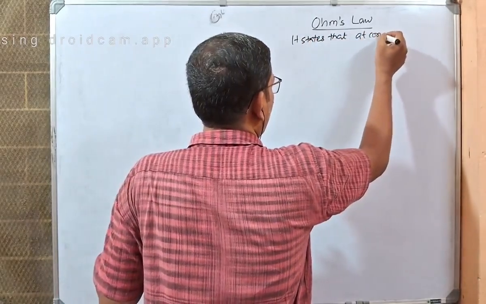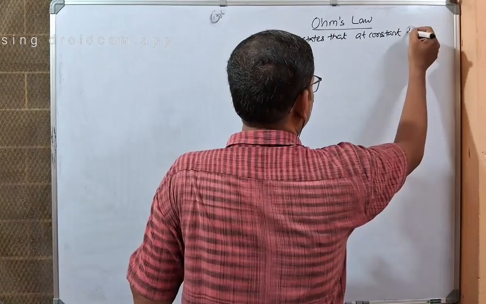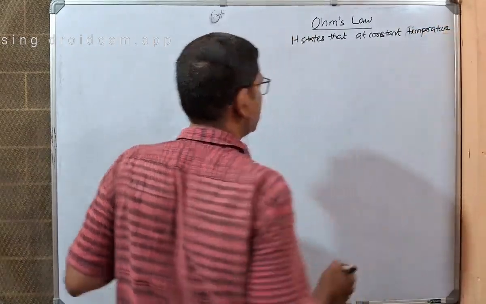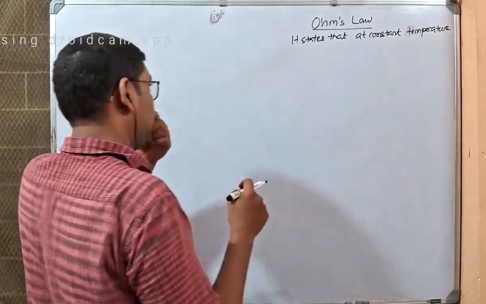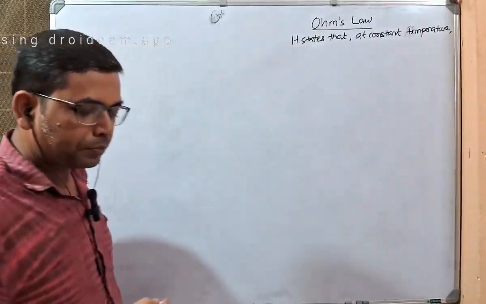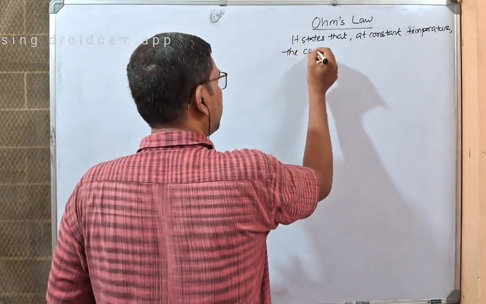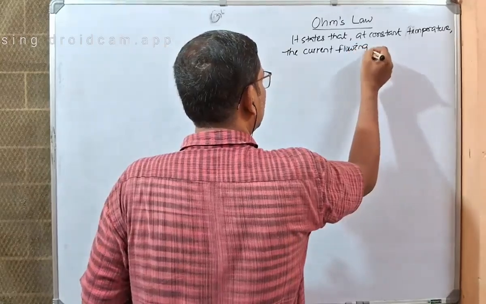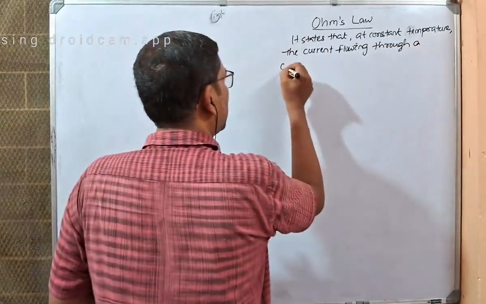At first, at constant temperature, because varying temperature may change our result. Okay, at constant temperature the current flowing through a conductor